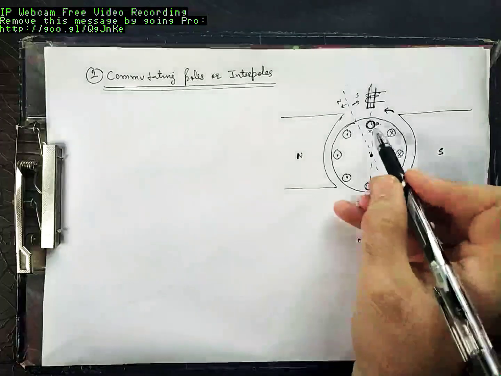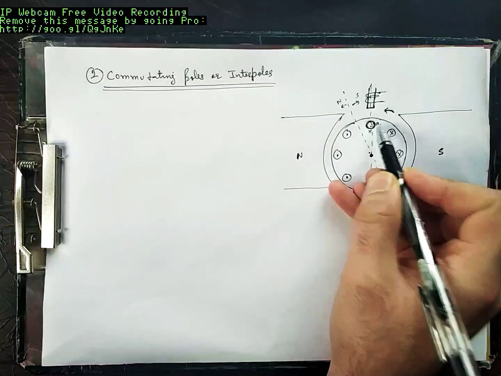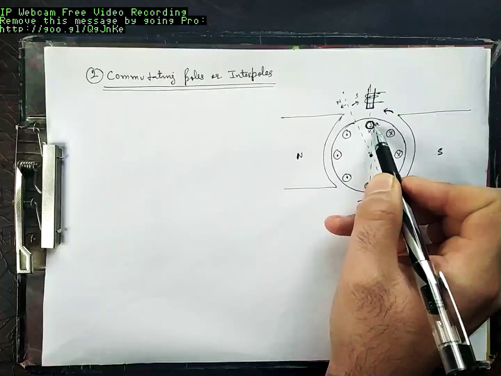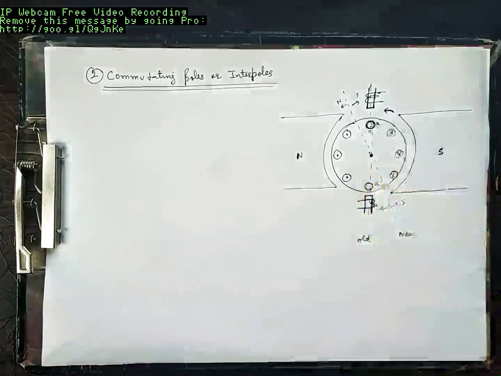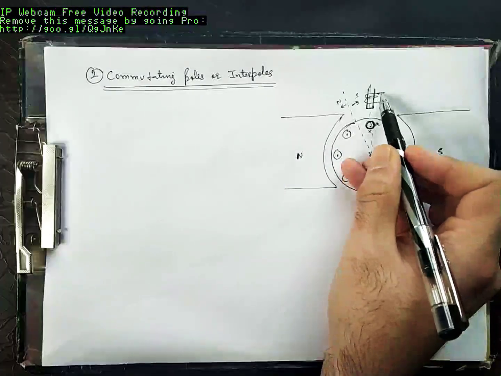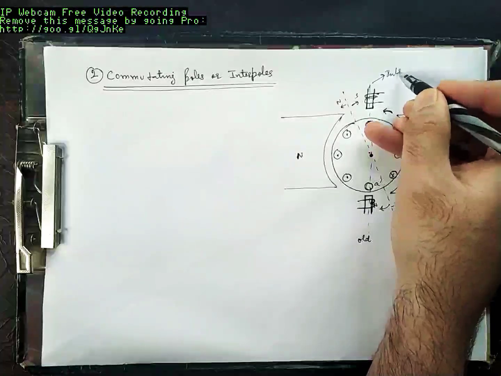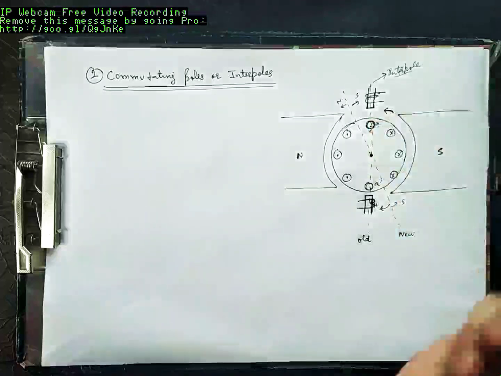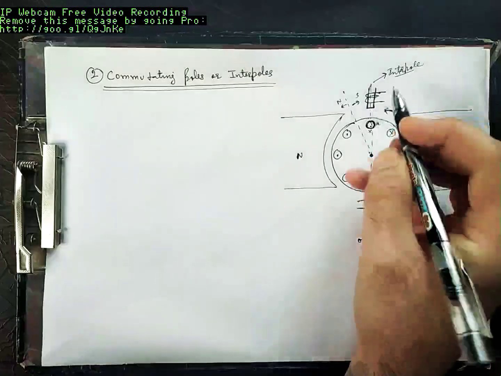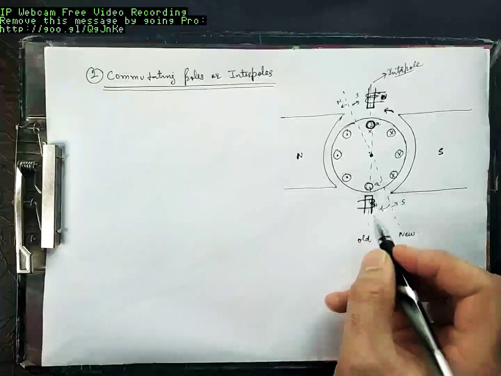since this conductor comes under the south pole, so initially when this was in the magnetic neutral plane, the flux through this was 0, or magnetic flux density through this was 0, induced EMF was 0. But now this comes under the south pole. If we use a pole over here, what you call an interpole, which has a polarity opposed to this. This has polarity south, let's suppose this has polarity north. Similarly, this has polarity north, let's suppose this has polarity south.